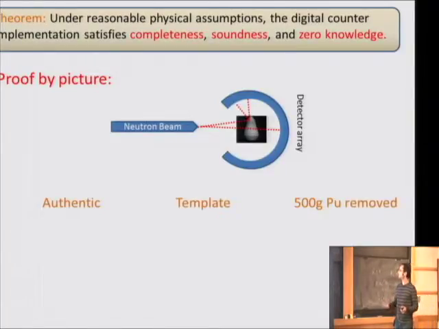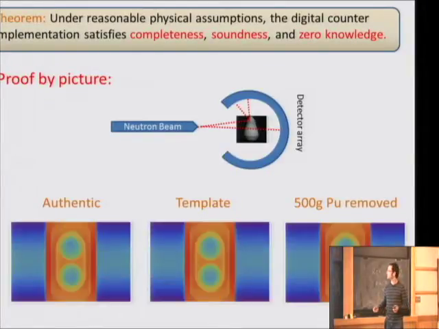And this is what happens when you simulate the diversion, where you take 500 grams of plutonium out, versus when we don't. So these are 2 objects that are identical, and in this object you removed 500 grams of plutonium, and we look at the total counts of these arrays. This is the total counts before we output just 1 bit. You don't seem to see a lot of difference, but actually, if you were to focus on this side, actually the sides